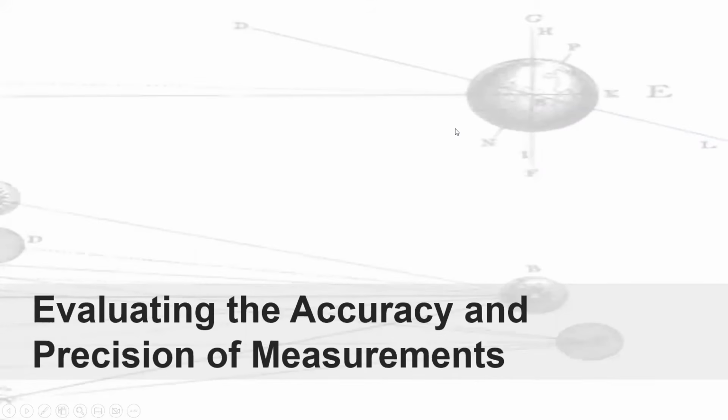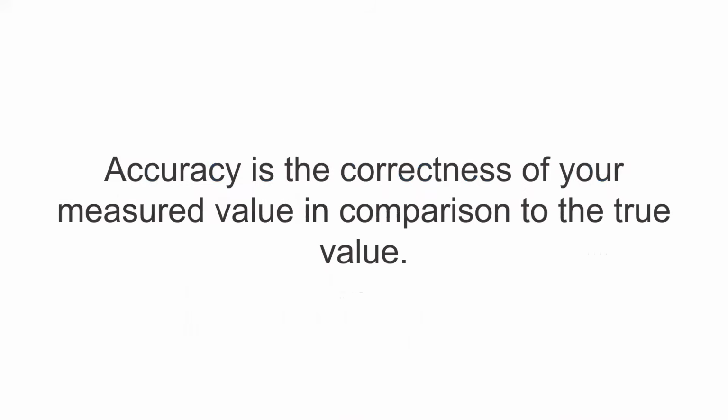So how do we now evaluate the accuracy and precision of your measurements? So recall that accuracy is the correctness of your measured value in comparison to the true value, while precision is the consistency of your measured values or how similar are your measured values or experimental values to each other. So in evaluating the accuracy, we need to solve for the error in our measurements. And by solving for the error, it allows us also to evaluate the precision of the measured